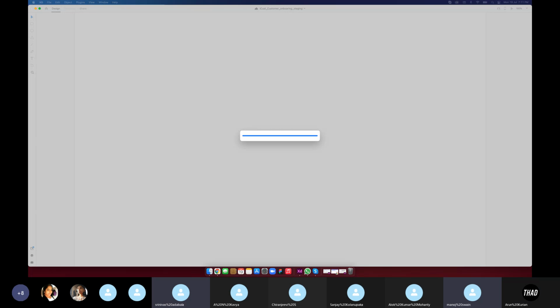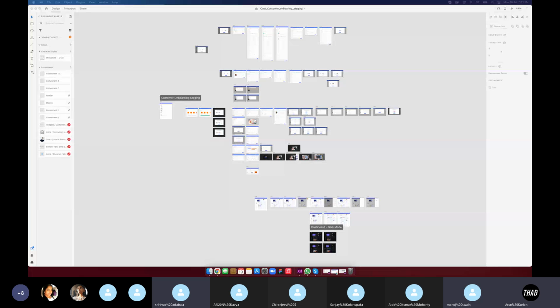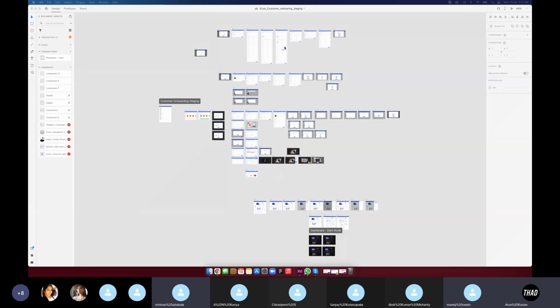So what do you mean by vector based? Vector based design. Yeah. So you have different formats for images, right? We have JPGs, we have PNGs, then we have SVGs. Any format which can be scaled is called a vector.